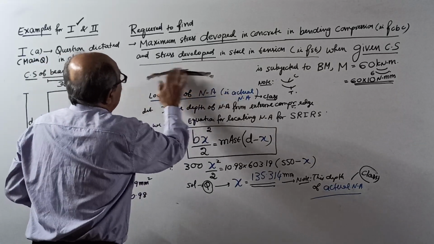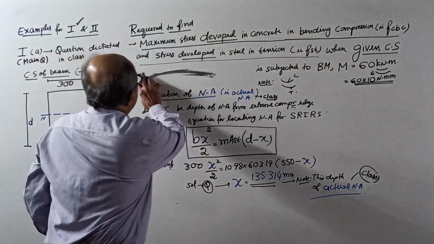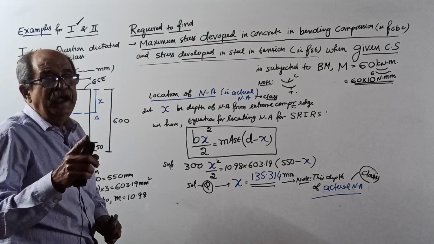Right now I am telling you, believe. Right now I am telling, take 10.98, you take it. Taking modular ratio as 10.98, find